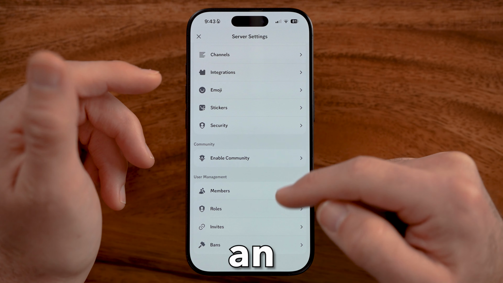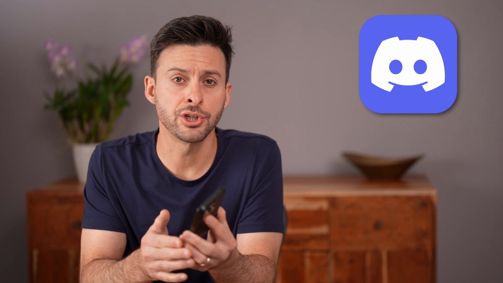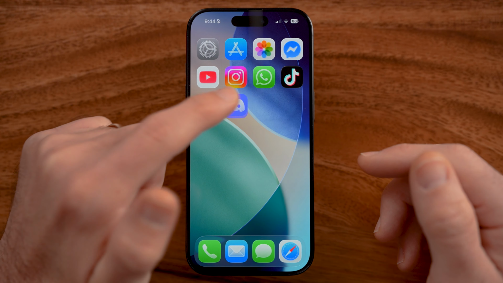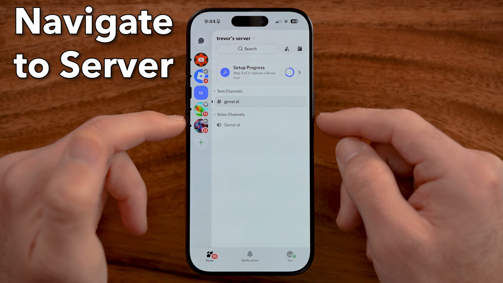Here's how to make someone an admin on your Discord server. You can either transfer ownership or give them admin privileges. I'll show you both. Now, on Discord, on your iPhone, Android, or computer, you need to navigate to your server,